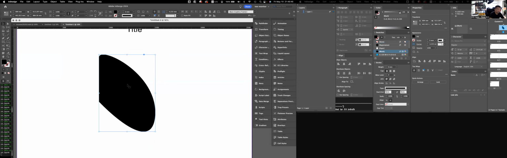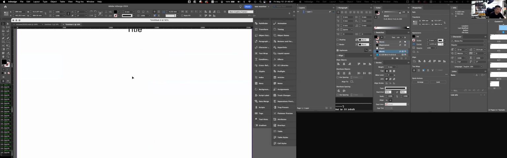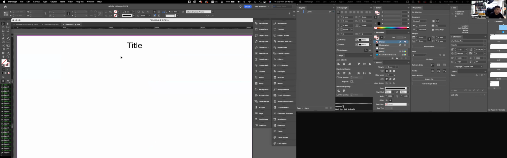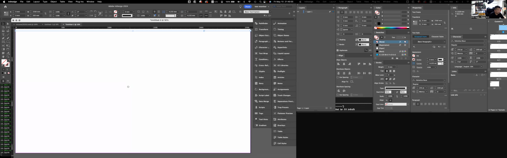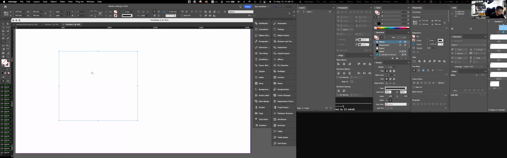So that's our shape. In this case, we're not going to use a customized shape. What we're going to use is preset shapes here. So the first one says rectangle frame tool. The second one says rectangle tool. The difference between these two is that the rectangle frame tool allows us to import an image into the frame. So if I hold Command and then press D,